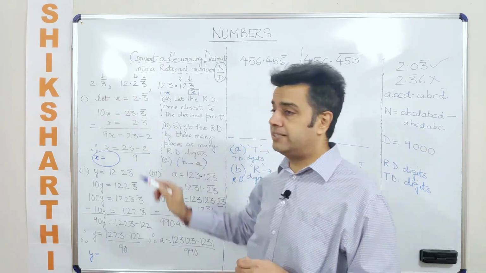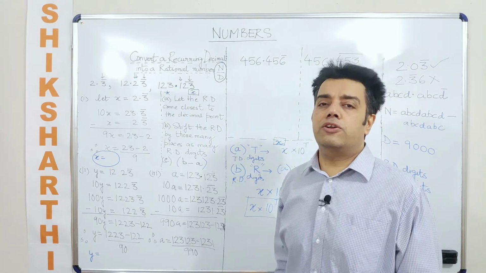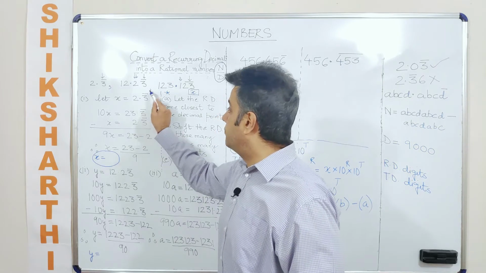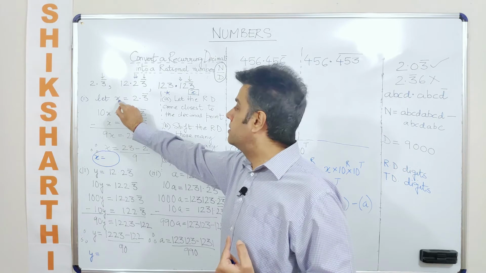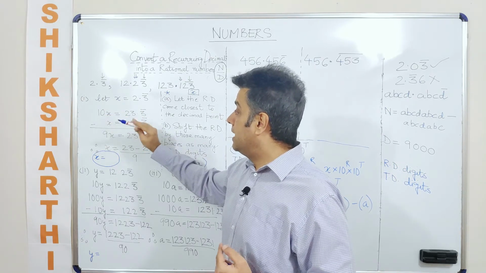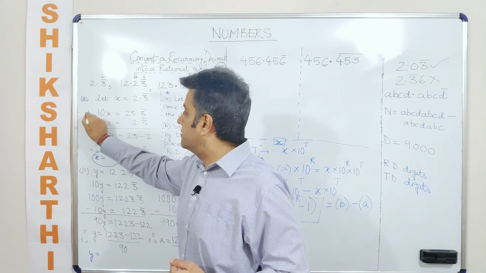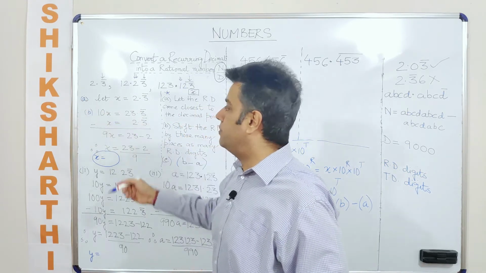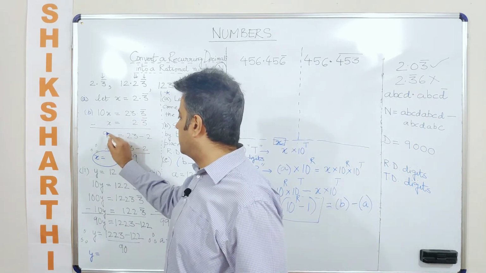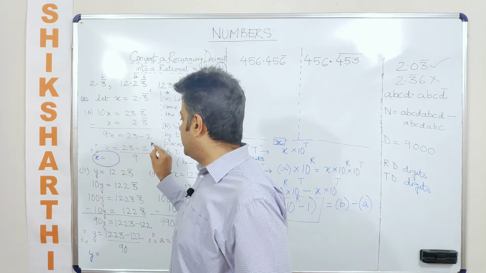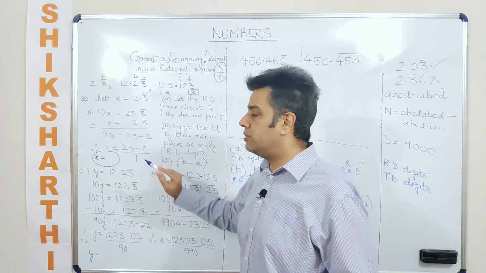So let us take the first example here. How many terminating decimal digits do we have? None. So point number A is already taken care of in the question. Now count the number of recurring decimal digits. There is 1. So multiply this with 10 to the power 1, which is what we have done. And then you subtract x, which is part A. So can I say this was A, this is B, and then eventually what are we doing? We are doing B minus A. Now once you have done b minus a, you are getting what? 9x is basically what? 23 minus 2, and you get the value of x as (23 minus 2) upon 9.